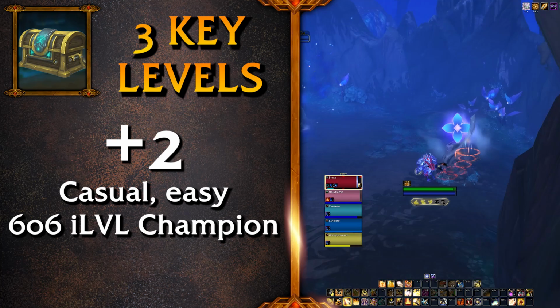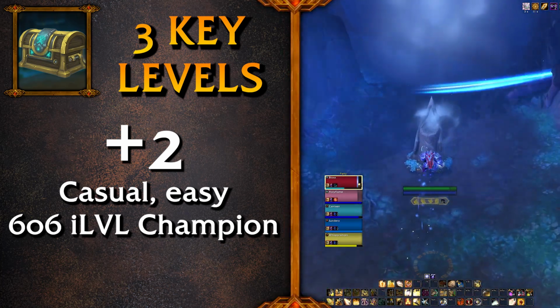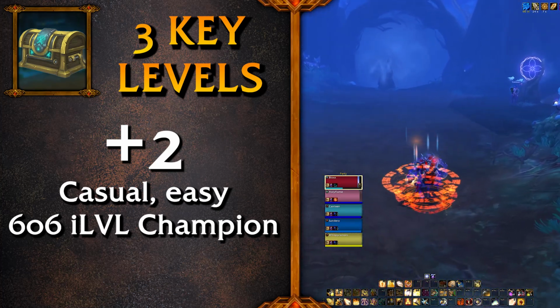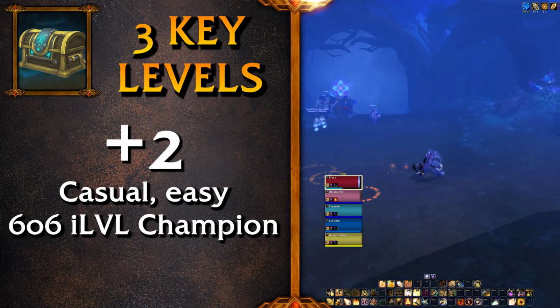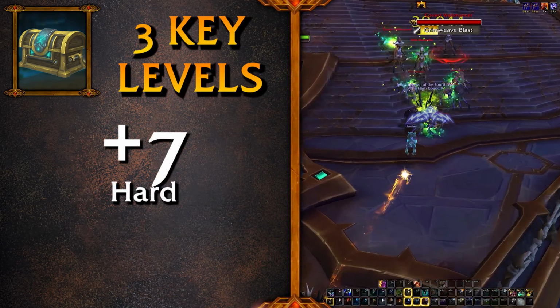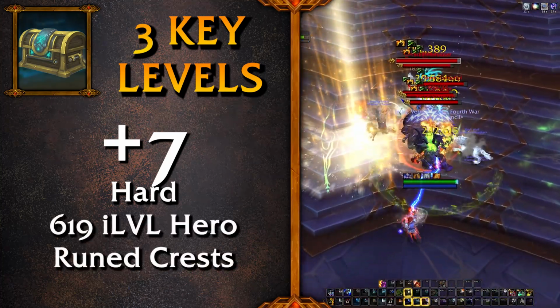If you like Mythic Plus but you are not an endgame pusher, just chill in +2 and your champion gear will be good enough to clear anything in the game, especially delves. And if you ever want to go higher, the item level you get here should set you up for better and better content. Next up will be +7 keys, which are what you want to farm hero track gear